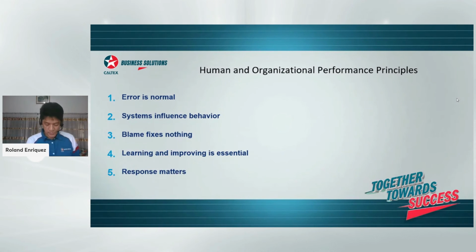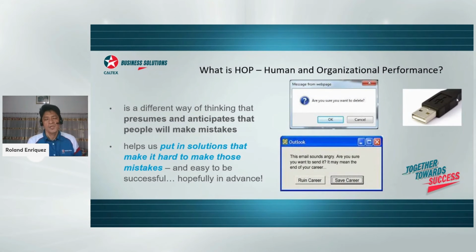Now, in terms of the concepts, let me go back on this one first. Let me clarify that not all mistakes are created equal. There are two types of mistakes. One mistake is recoverable, and another one is non-recoverable. Recoverable means, as I've said, if you inserted the USB incorrectly, you just need to twist it and insert it again. I can recover from that error. Or if you incorrectly deleted your message, it can go to the trash bin and you can recover it again. So that kind of error is recoverable.